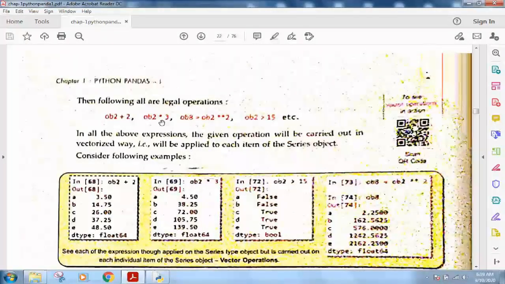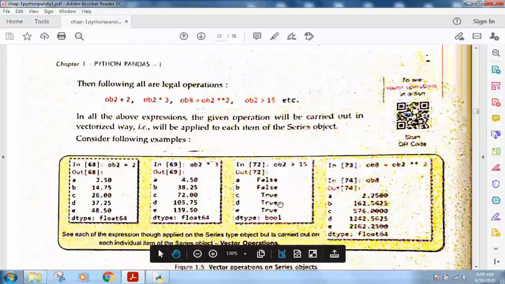If I want to multiply each element of the series by 3, I can write ob2 times 3, and I can apply various other arithmetic functions in this way. This is exponential. Even greater than 15, if I want to check whether each element of ob2 is greater than 15 or not, it is going to return true and false for the individual values. So this is the vector operation which you can perform.